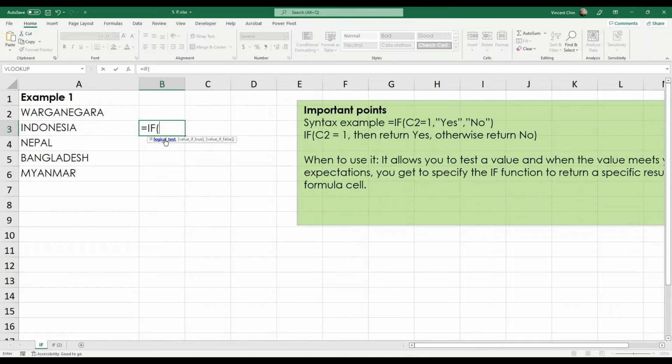Alright. Logical test. We want to test this. Can you click on this A3 here? Okay. If this A3 is equal sign Indonesia, when you are dealing with text, you need a double quotation mark, opening and closing. We know that this cell is Indonesia. Okay, so we're going to test it. So if this is Indonesia,